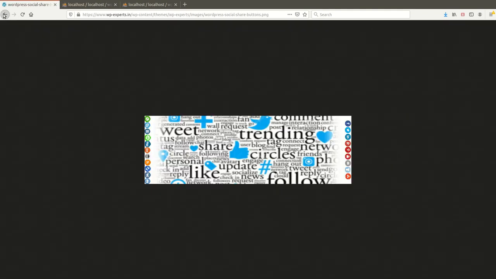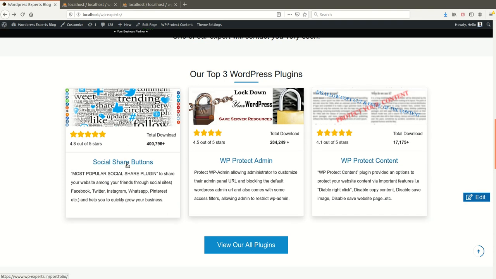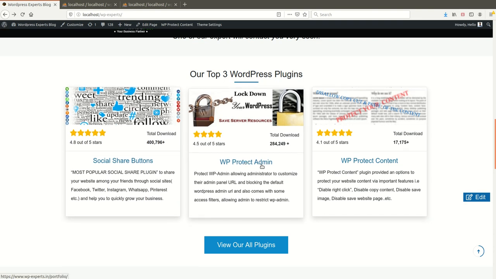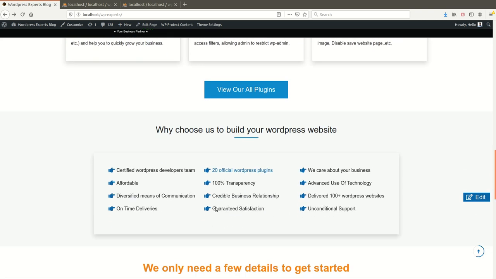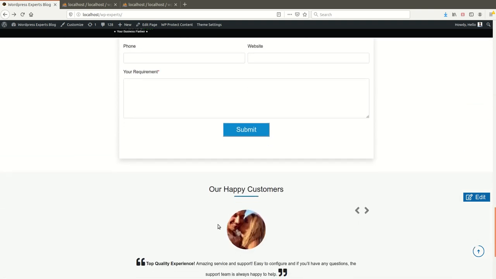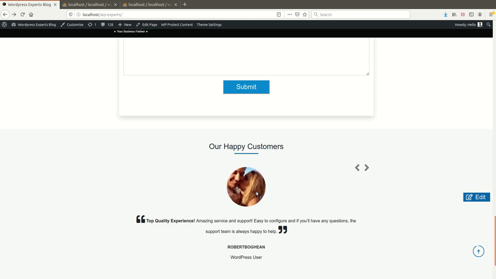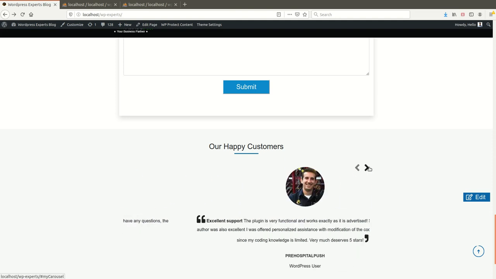As you can see here, these paths and links are going to the live site, and these images are also coming from the live site.